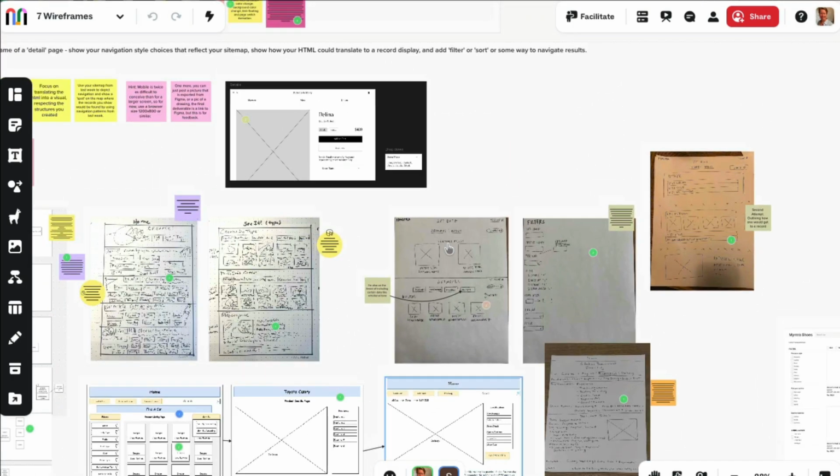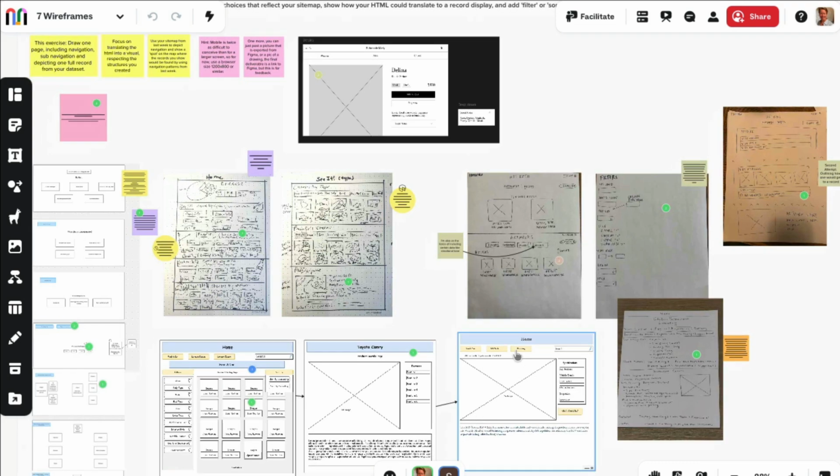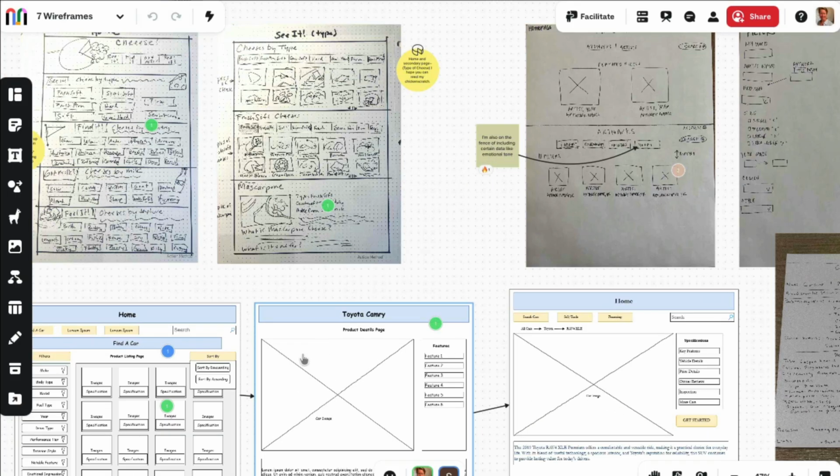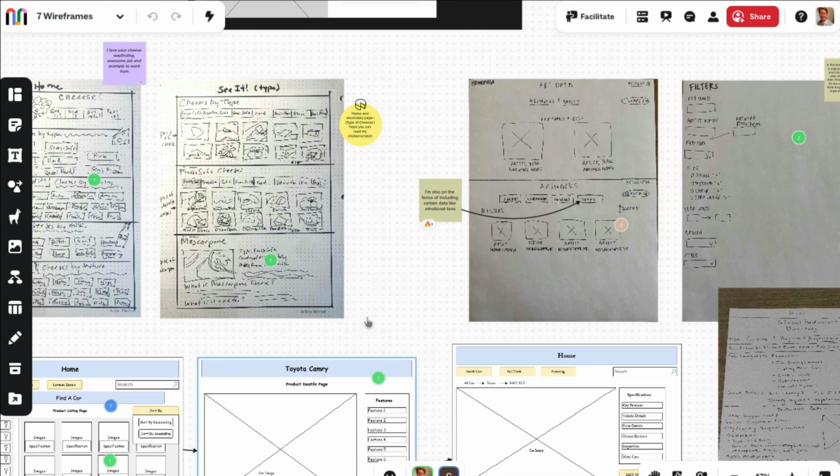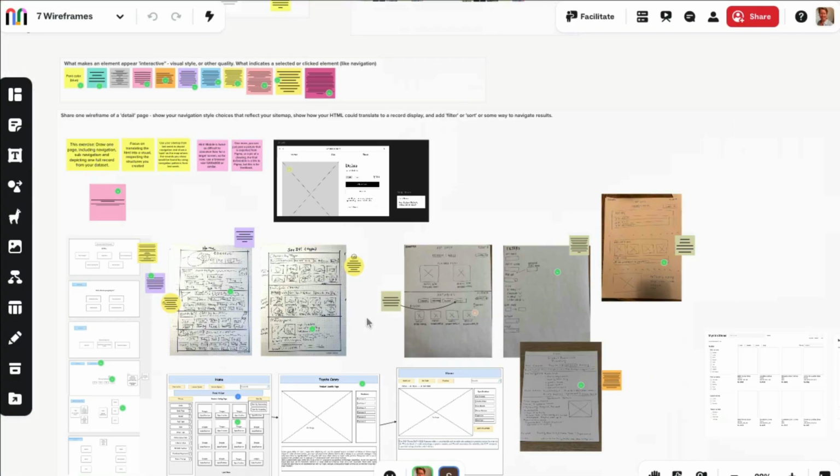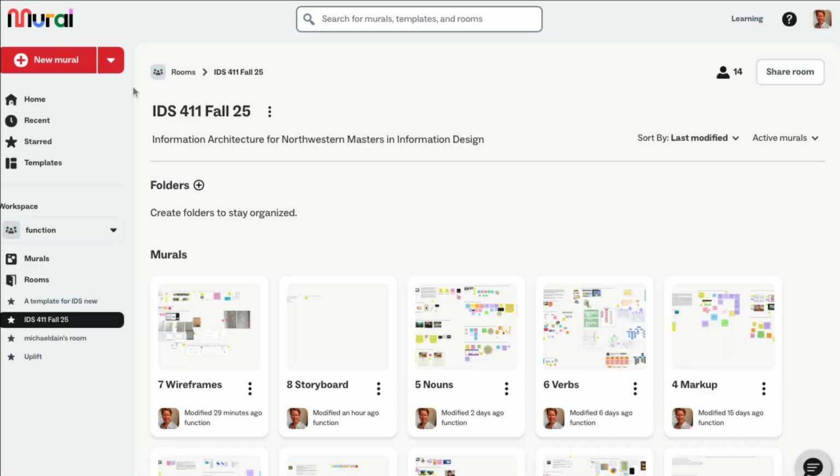I'm sure they also have an AI thing. I haven't checked, but they can make you a standard looking web page. But when it comes to what are the words shown, how does somebody know that the thing you got to is because you somehow got here? I keep talking about journeys, and because that wasn't the main focus this week, it is going to be more of a focus for your final deliverable.